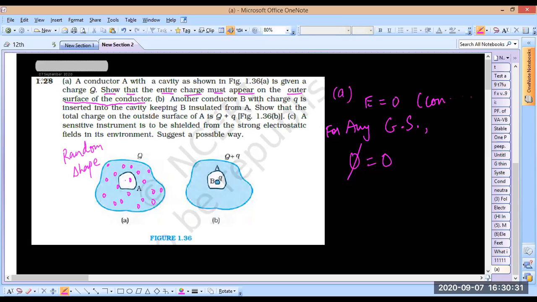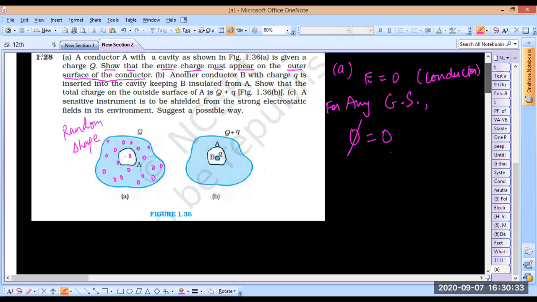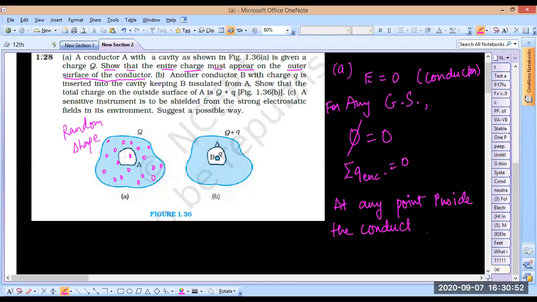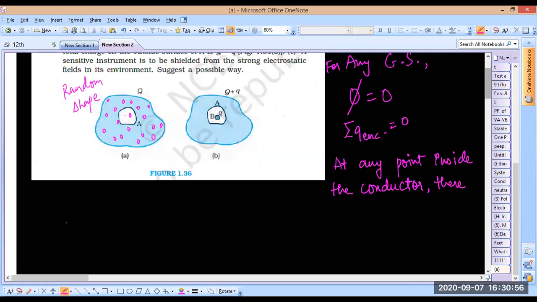I hope that makes sense to you. And if flux is zero, then I can say that in any of these Gaussian surfaces, charge enclosed is zero. That means at any point inside the conductor, there is no excess or net charge, right? Okay,